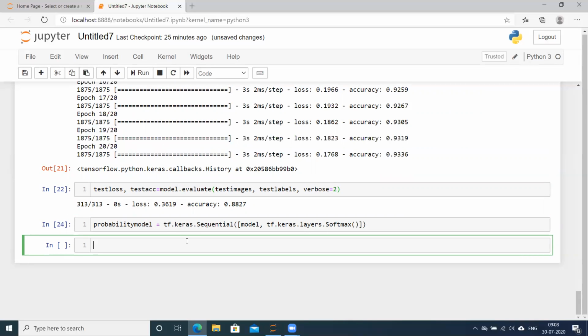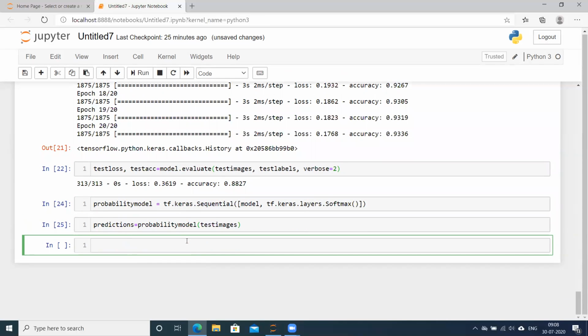Now if I use this model to make the predictions, it will give us the probability. So we will use the probability model and pass test images to it, and we will see what result it is giving. Let's see the result for the first image.